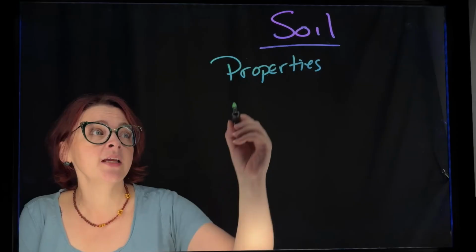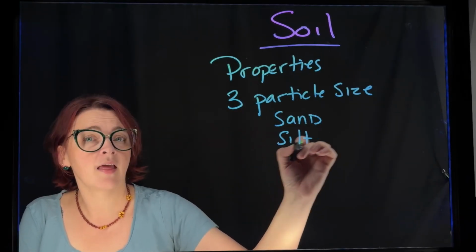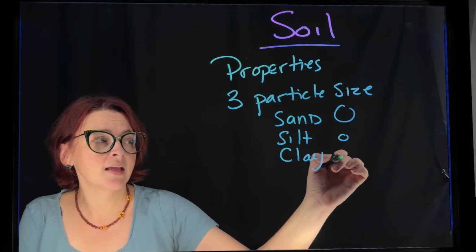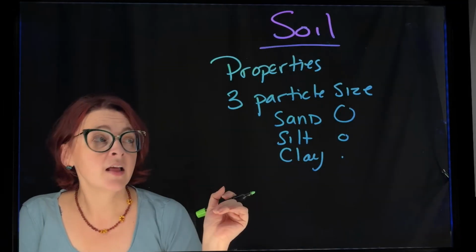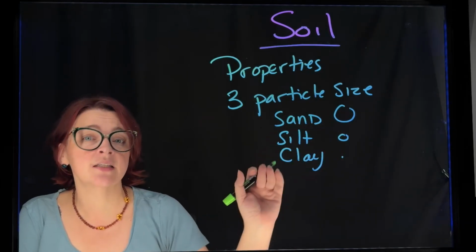Let's talk about the physical properties of soil. We have 3 sizes of particles. We have sand, silt, and clay. Sand is the largest particle, silt is a medium-sized particle, and clay is going to be the smallest sized particle. The type of soil that you have is going to depend on the percentages of sand, silt, and clay within